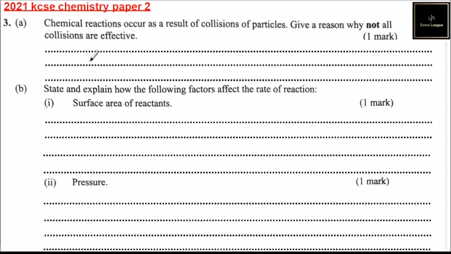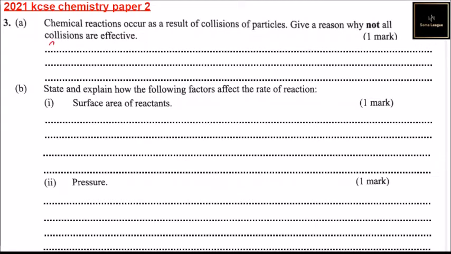Question number 3, Part A. Chemical reactions occur as a result of collision of particles. Give a reason why not all collisions are effective. So the reason is some of the particles may not possess sufficient energy for proper collisions, or some particles may not be colliding in the right